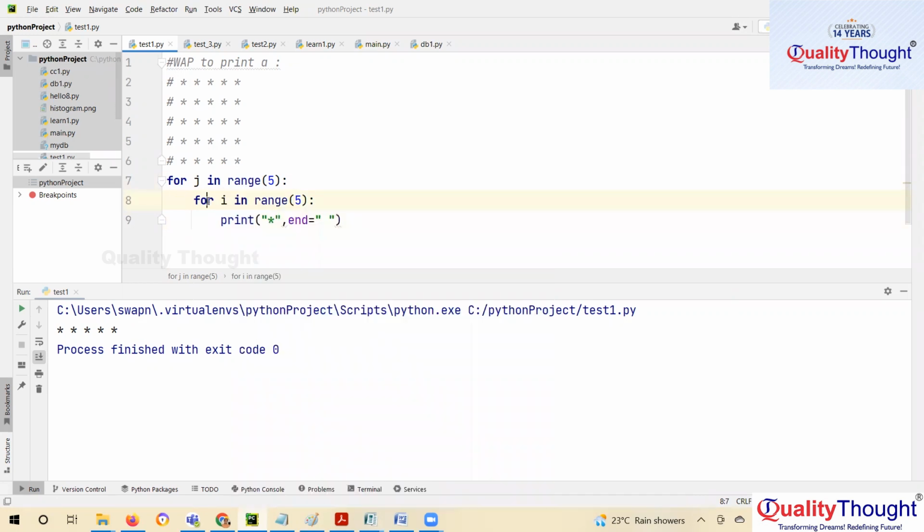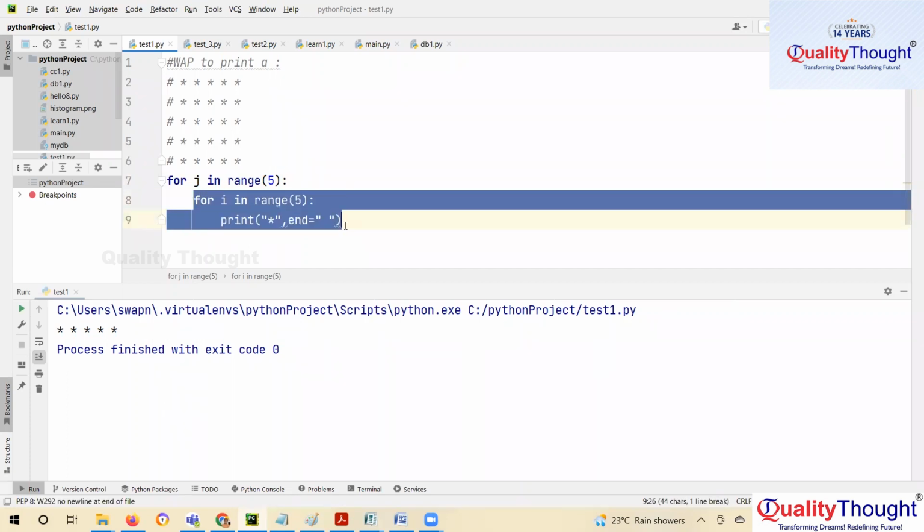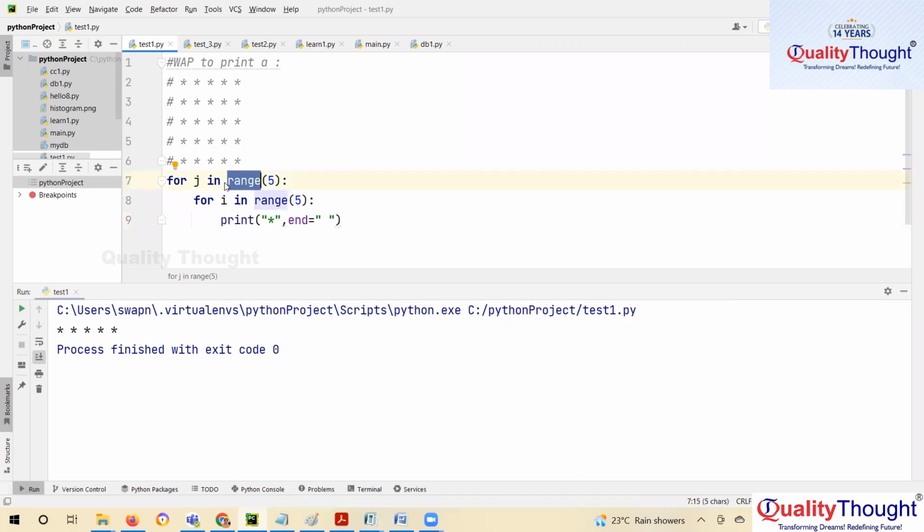So this whole thing is going to give us 5 stars, and we have to repeat those 5 stars 5 times. So this whole thing has gone into another loop. This we call the outer loop, and this is our inner loop. You can have any number of levels, multiple loops. So this is your outer and this is your inner. Done. Now when you run it,